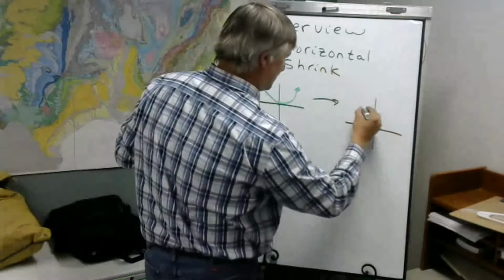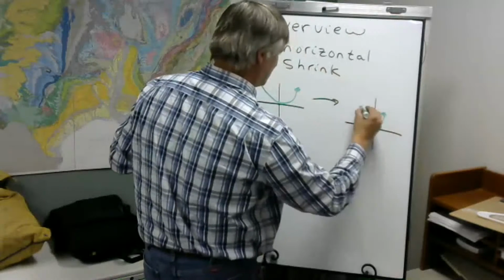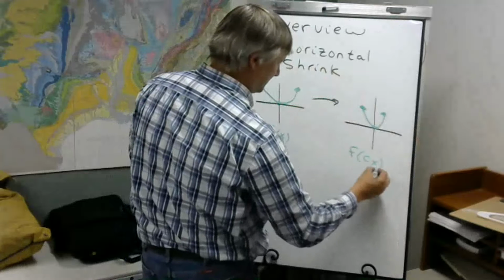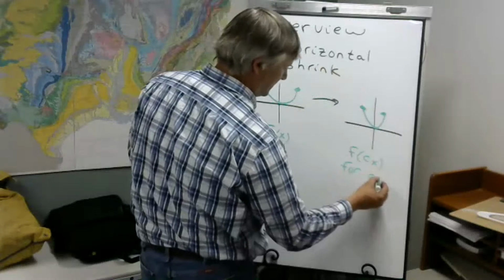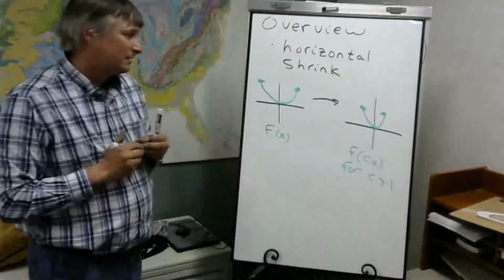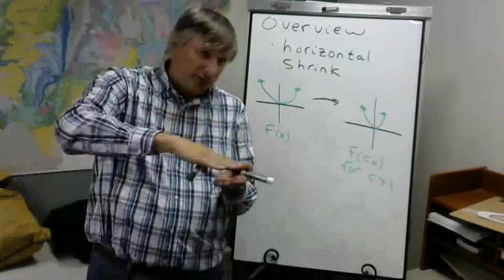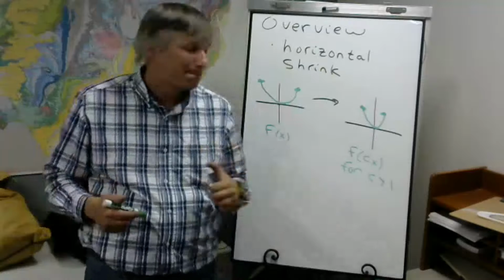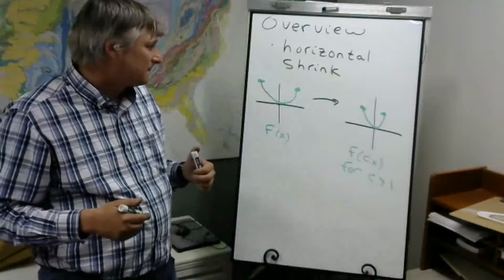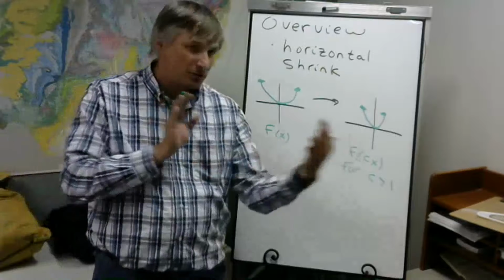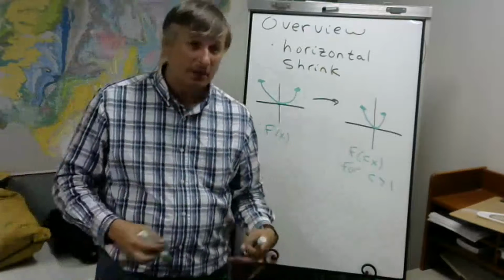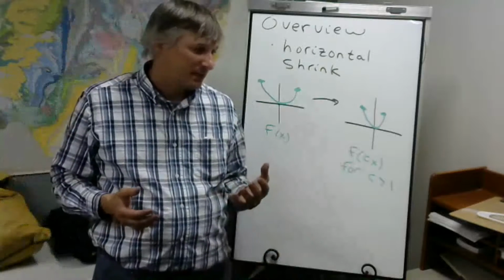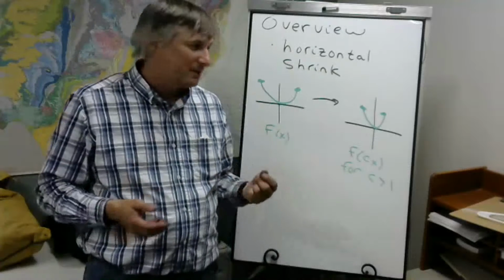To squeeze this in like this, we take f of c times x for c greater than 1. So again, for the vertical shrink, you multiplied f of x by c, where c is a fraction or decimal between 0 and 1. But in this case, to shrink horizontally, you use a c bigger than 1. So that's the overview of these different transformations. And if any questions,